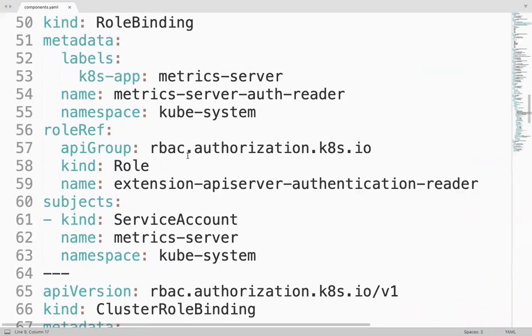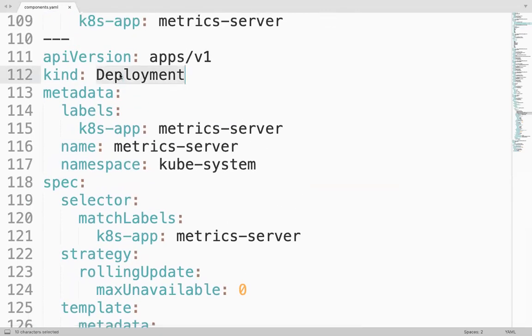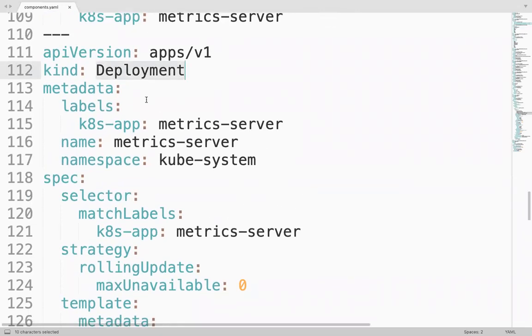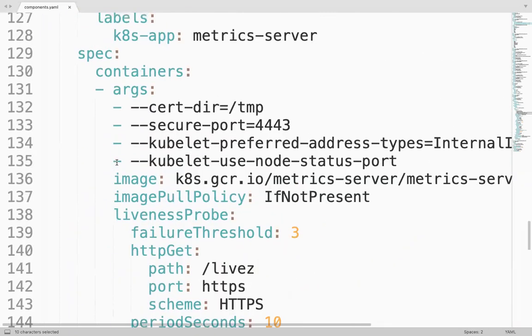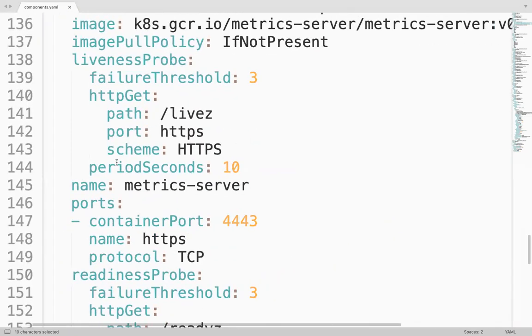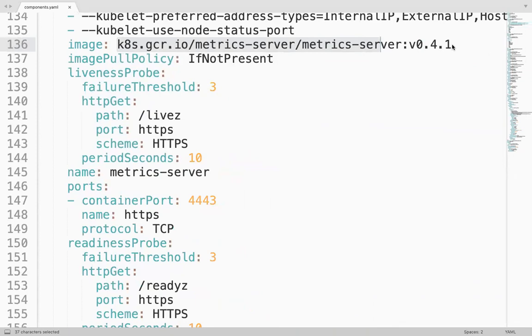If you see, let me come here. It's a deployment, right? Metric server we are deploying using this image. So who created this image and who is managing it?